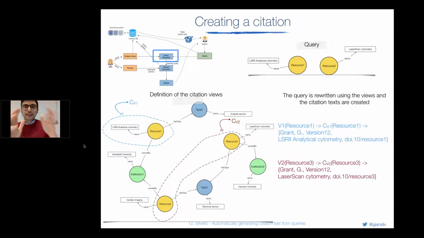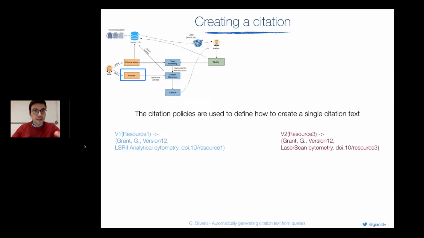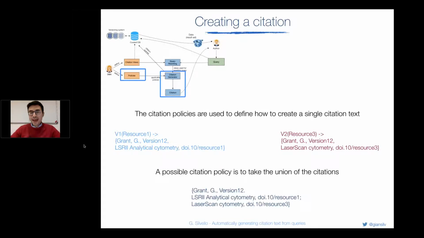But of course, the user wants one single citation for the result set. So now we go through the citation generation module using the citation policies. These policies define how we put all the citations together in order to get the final citation for a user. We may have different policies like union.